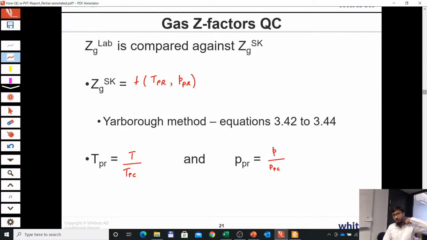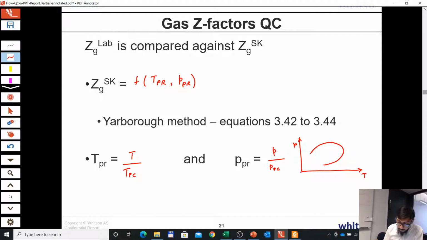One thing that I think is important to mention is that this pseudo critical pressure and pseudo critical temperature are not the actual critical temperature and pressure of the gas mixture you are looking at. What does it mean? If you plot the pressure and temperature diagram, the phase envelope, of the given gas mixture for which you are looking at these gas Z factor values,